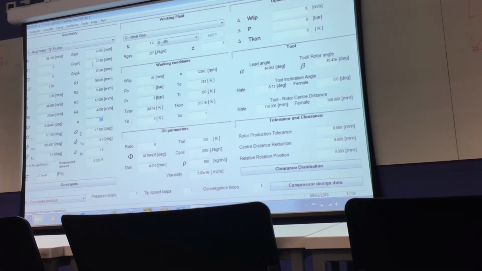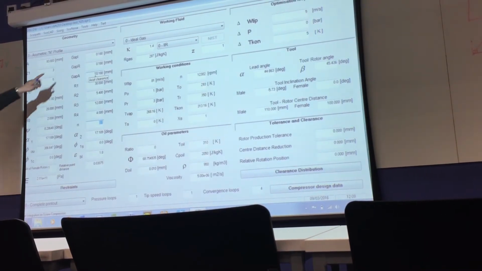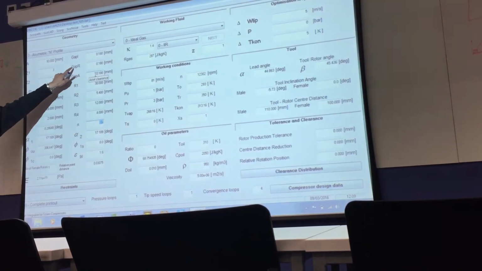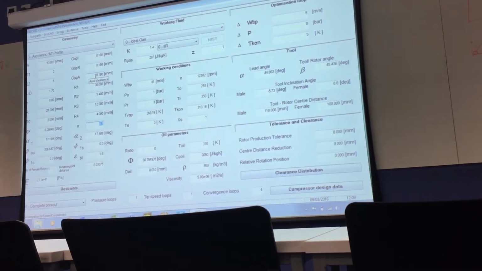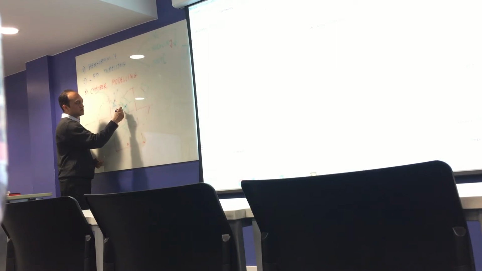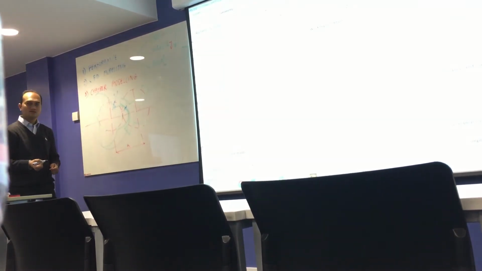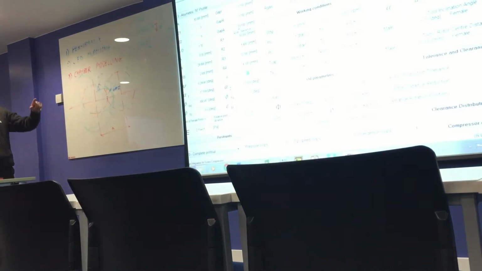Coming to gap I, R and A, these are most important settings for the performance. Okay? Which ones? Gap I, interlobe gap, gap R, radial gap, and gap A, axial gap. What gap I means is that between the two interlobes, wherever there is contact, or virtual contact, they don't physically touch. It is the distance between the rotors. Clear? Gap R is between the profile and the casing.